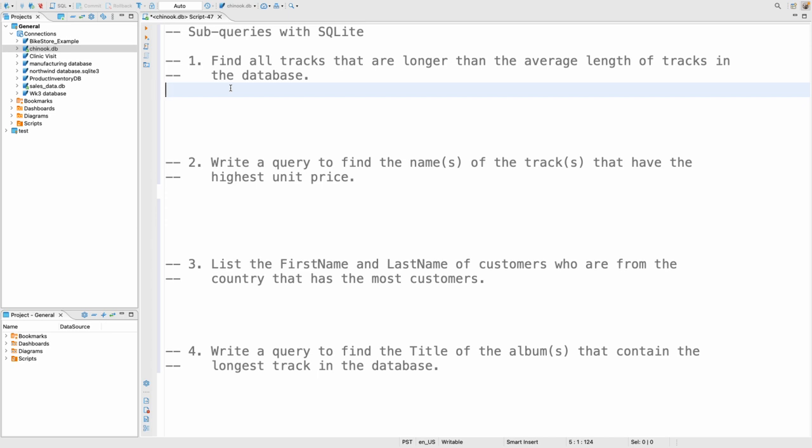This is a typical example of a subquery. We first have to find the average length of tracks. Then we could use the where clause to filter out all the other tracks that are longer than the average length. So, a simple way we could do this is to write a select statement that says